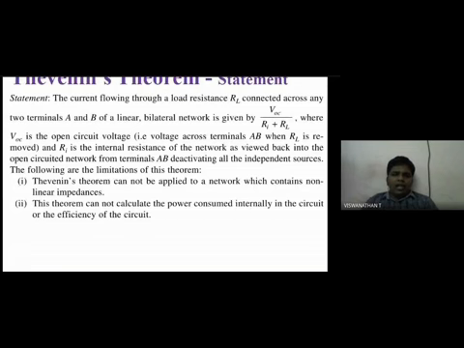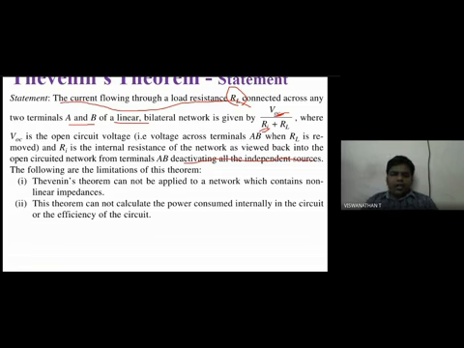So what is Thevenin's theorem? Suppose the current is flowing in the resistor RL, with the two terminals A and B. The property of the network is that it is a linear and bilateral network. Then the current is given by I = V/R. That current is VOC divided by RI, where RI is the internal resistance of the network viewed from AB. This is only applicable when we deactivate all the independent sources.